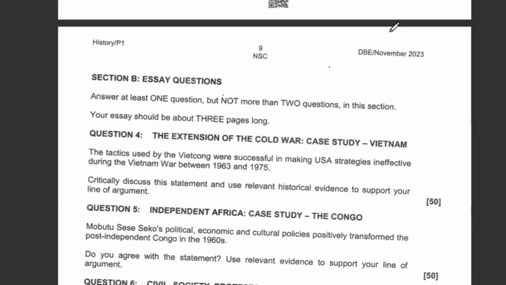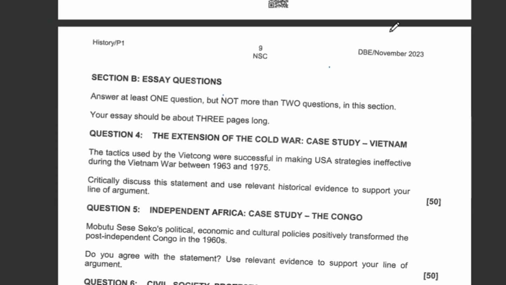Right. We can also add that the Vietcong did not wear uniforms during the war. It's a standpoint on its own, which you can use for a paragraph. The Vietcong guerrillas did not wear uniforms during the Vietnam War. Then you go on to explain the rationale for them not wearing uniforms. Is it that they could not afford the uniform? Or how was it beneficial for them? How did they get to know each other given that they were not uniformed?